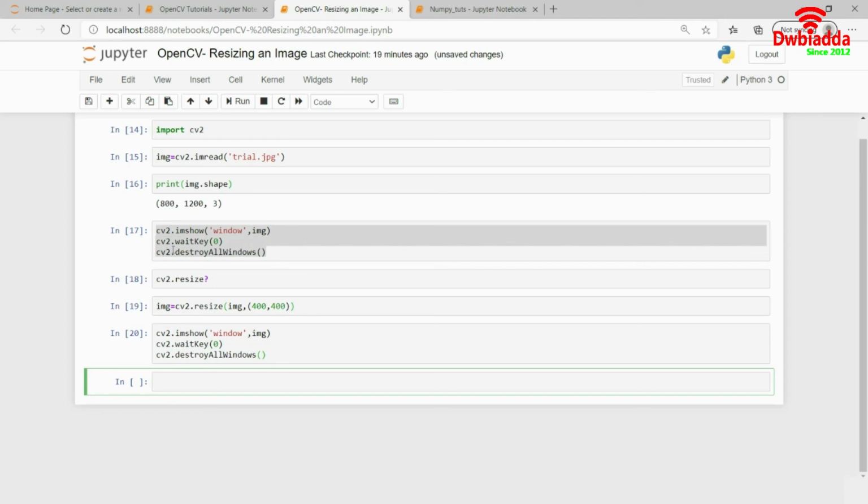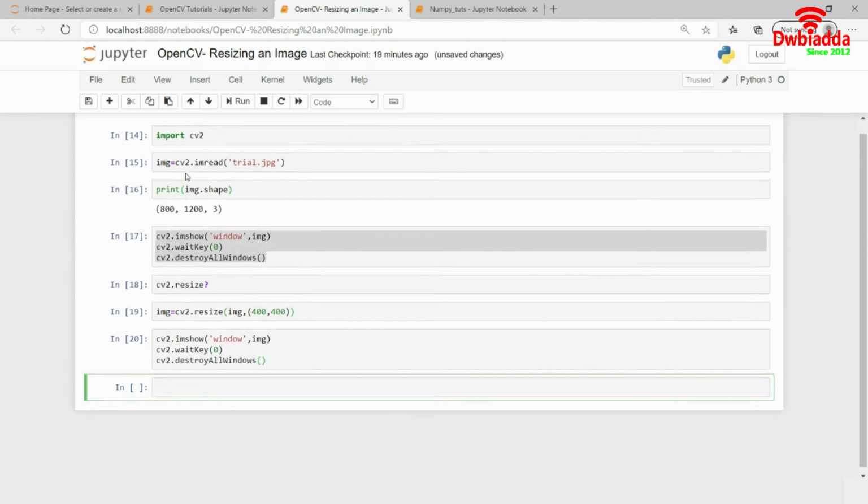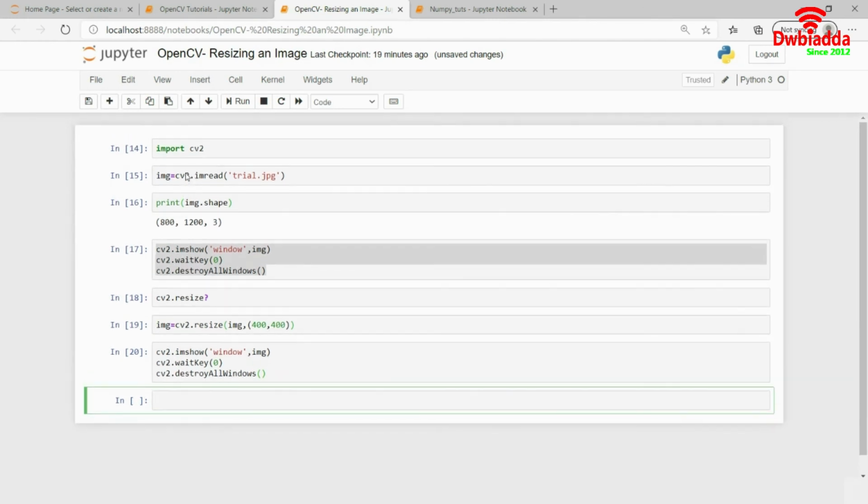Now it depends upon you whether you want to use this parameter or not. I generally don't use this parameter actually. So this was all about resizing an image using OpenCV. I hope you learned something important and useful from this